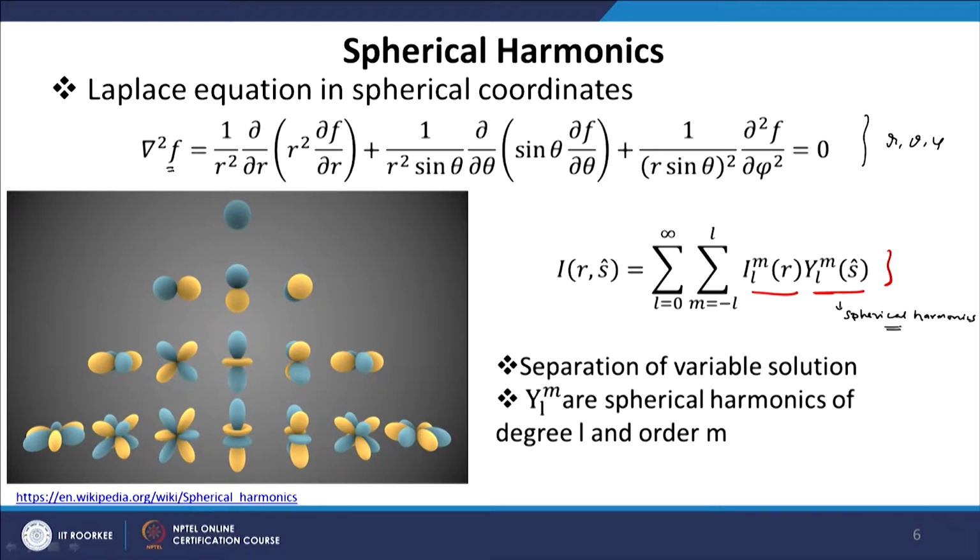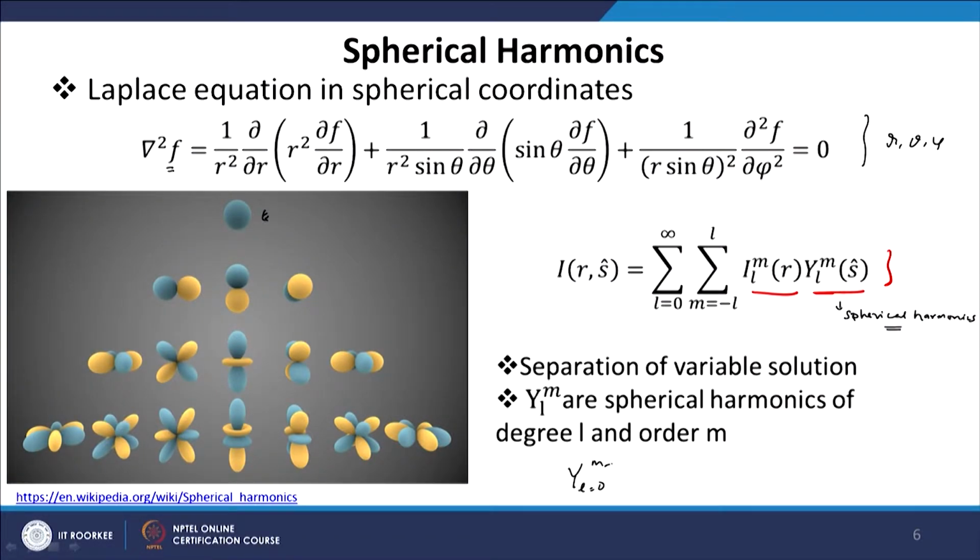and how they look. If you plot this spherical harmonic function, it has a familiar shape that you must have studied in 12th class, which has shapes like SPDF orbital shapes in chemistry. So, the first term of this series of Y L M, that is if L is equal to 0 and M is equal to 0, the first term of this series has a symmetric shape, that means it does not depend on theta or phi, polar and azimuthal angle, and the shape is spherical, and in chemistry it is called s orbital.